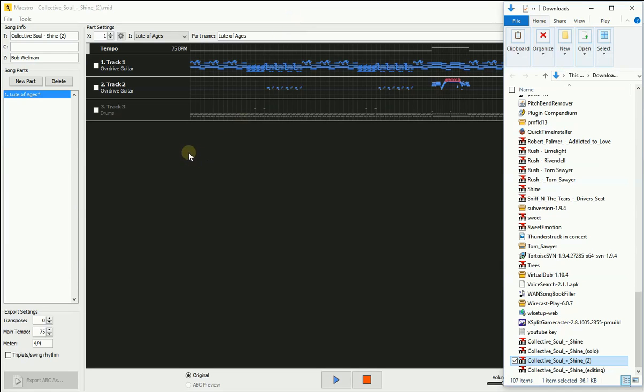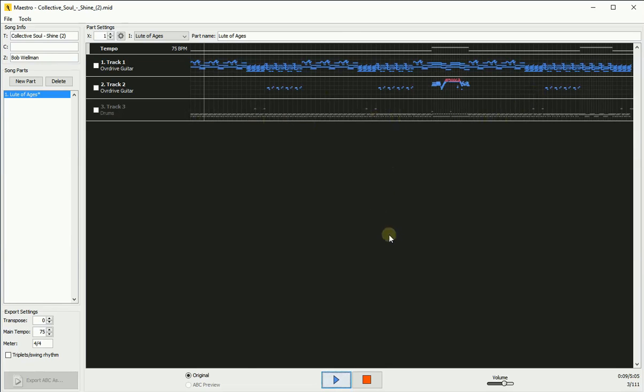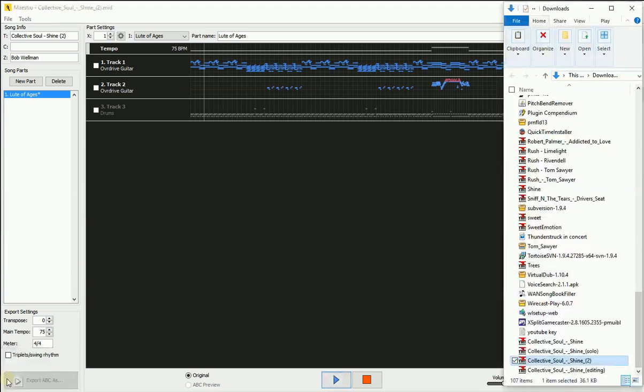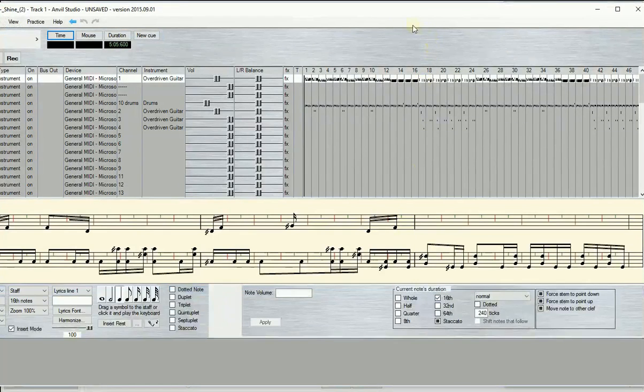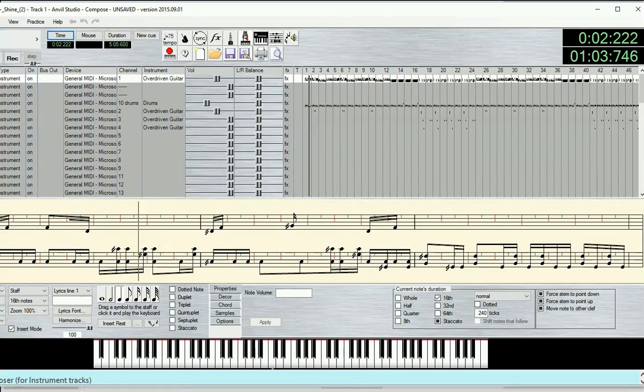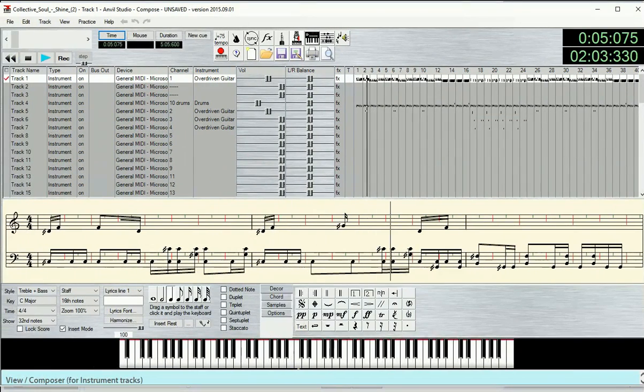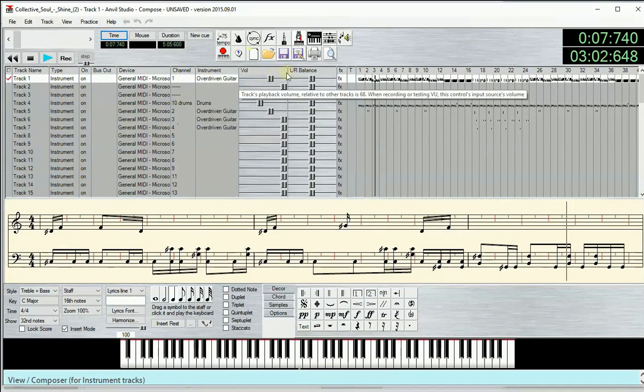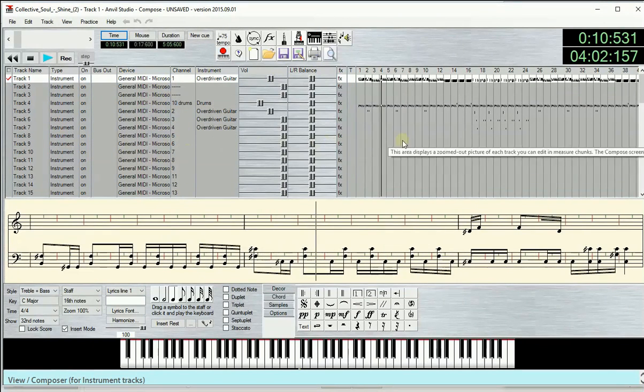So anyway, now I'm only showing you this in Maestro so that you can see what's going on, what I'm doing. Now I'll go ahead and bring them up in Anvil individually. I started off with this one here because it was the longest one. And we'll give Anvil a moment to load. Also, the other reason I'm using Anvil is because there was a lot of extra tracks in here already. I don't have to create extras,